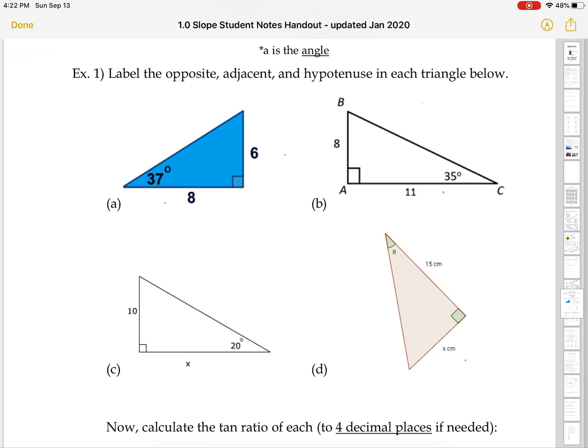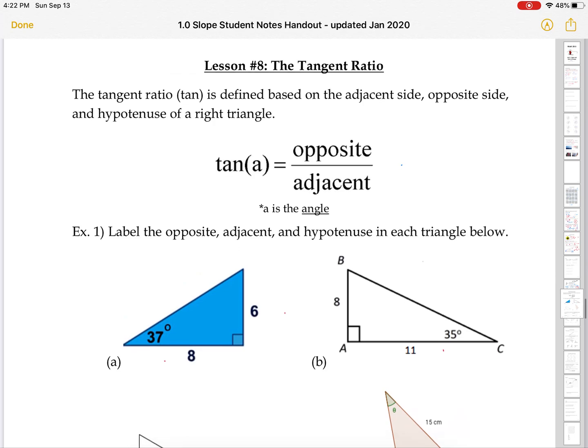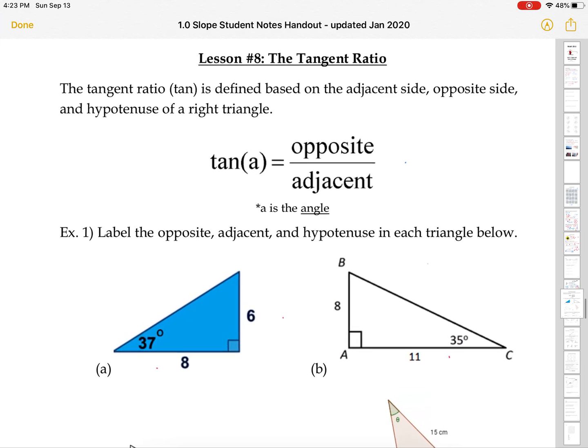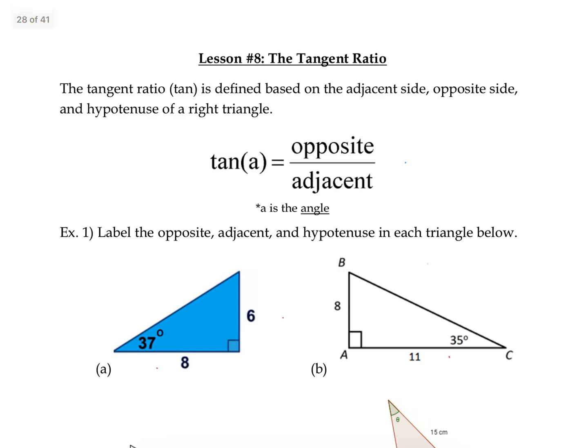Hi. So today we're doing lesson 8 and 9. Lesson 8 is the tangent ratio. You would have encountered tan in math 10. You would have encountered a little bit of trigonometry in addition to your Pythagorean theorem. So first thing we're going to do is talk about